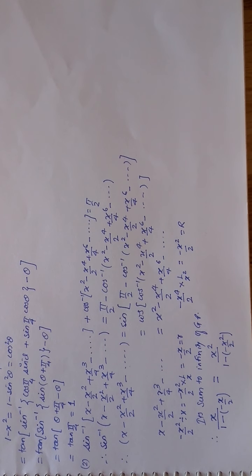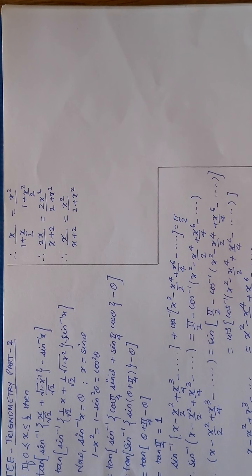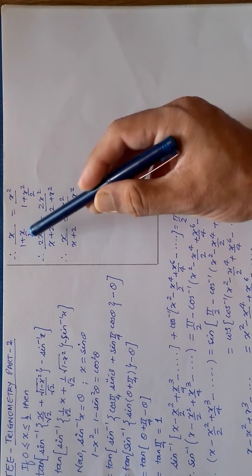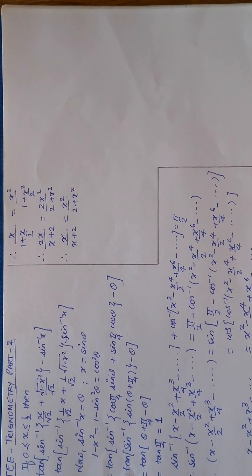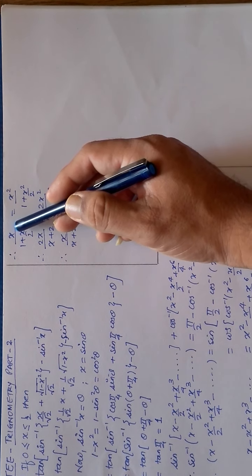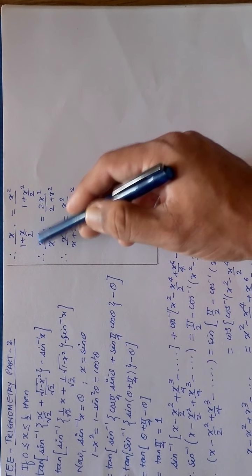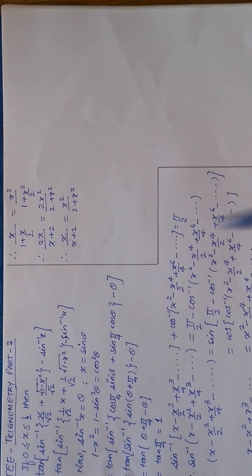So this you will get further as simplification. Solving, I get here x upon 1 plus x by 2 is equal to x square upon 1 plus x square by 2. You can see it, pause and go backside, which by solving you will get here 2 into 1 is 2 plus x upon 2, which 2 comes here. This also 2 plus x square upon 2, which comes here. So you get x upon x plus 2 and x square upon 2 plus x square.